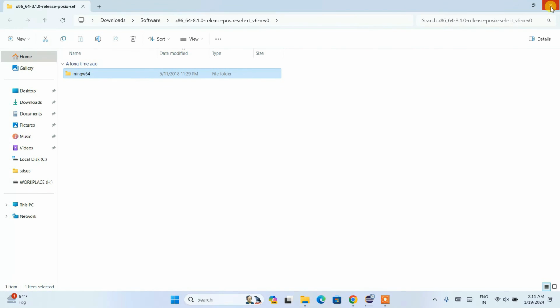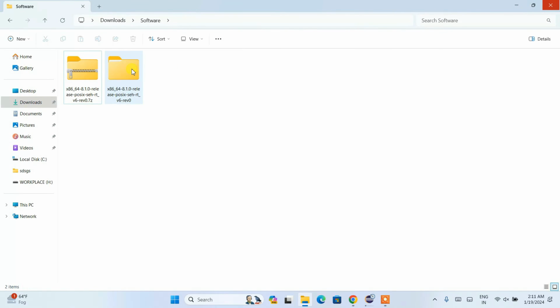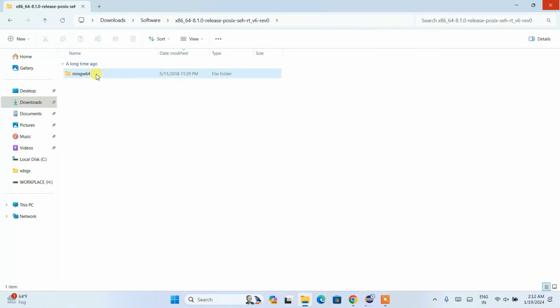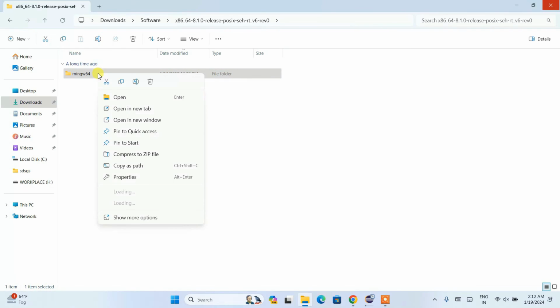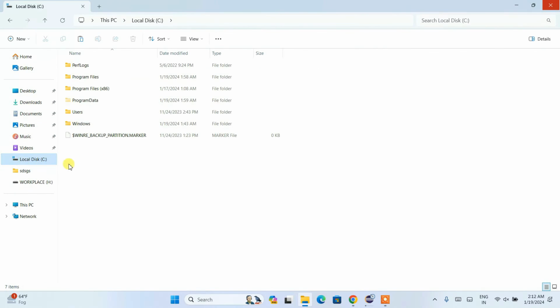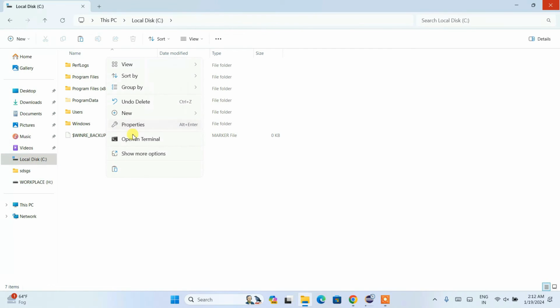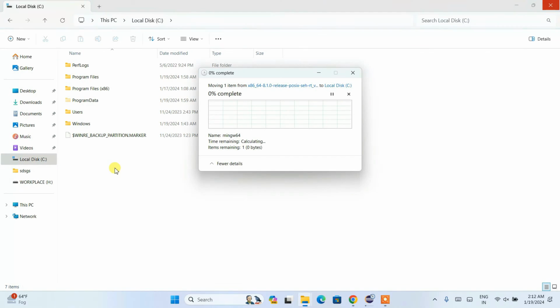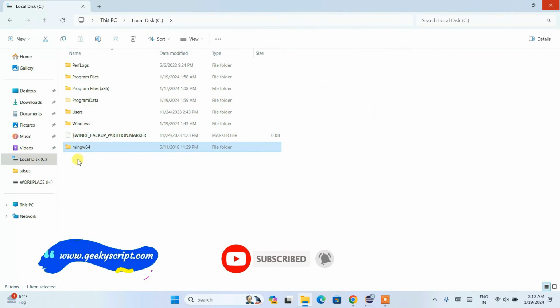So let's close this directory. This is our extracted folder. If you go inside that folder, you can see the MinGW-64 folder is rightly extracted. What you need to do is right click and cut this folder, then go to your C drive, right click and paste that folder over here. So after extracting our MinGW folder, you need to copy this folder and paste it in our C